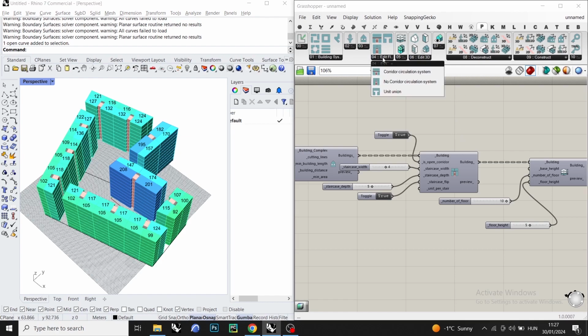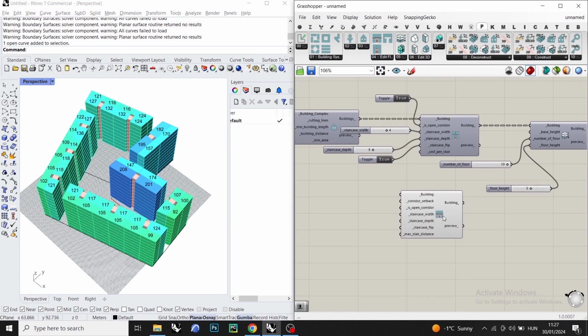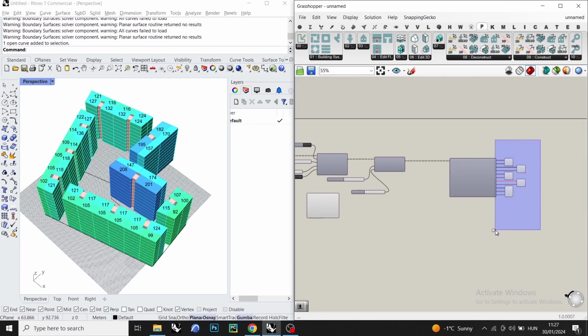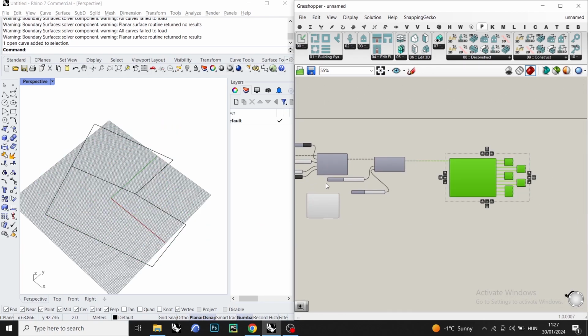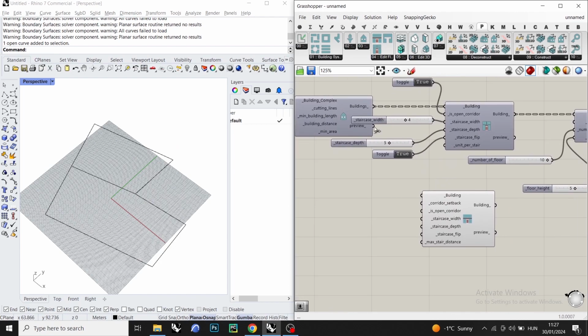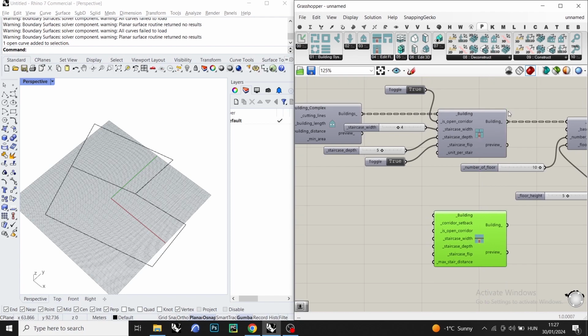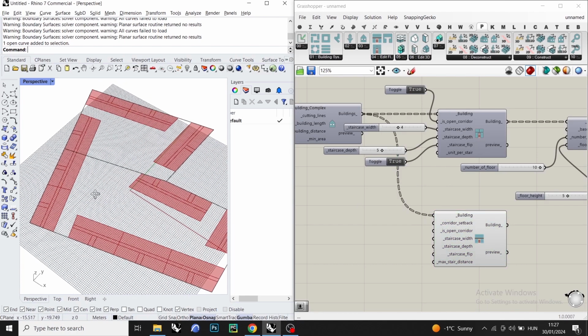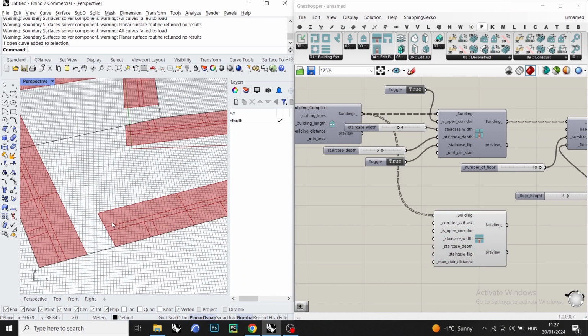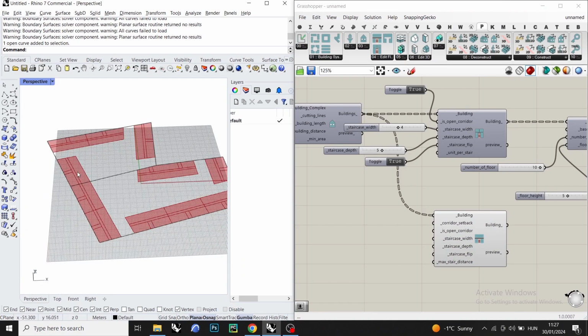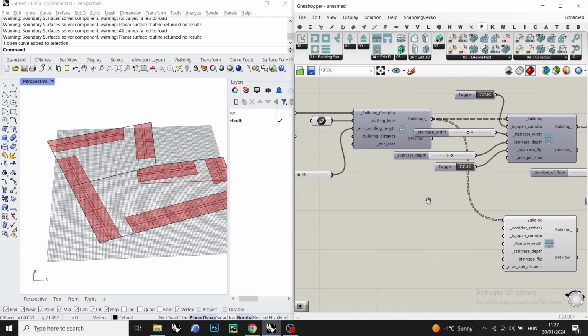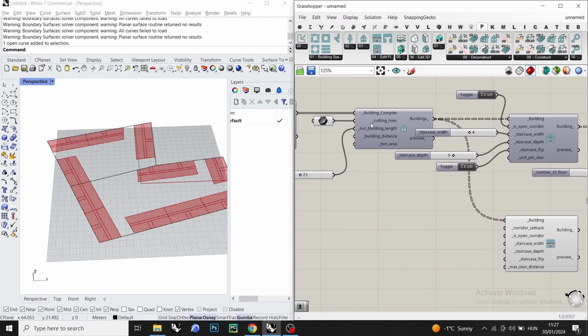So first let's use this component, the corridor circulation system, and let's turn off this visualization component. This one can be used in the same place as the no corridor circulation system. If I just plug all the buildings in here, you will see every building now has a very long corridor along the middle. And for this example, I will